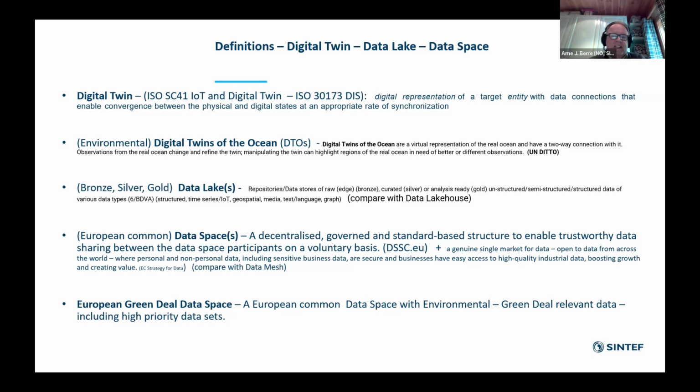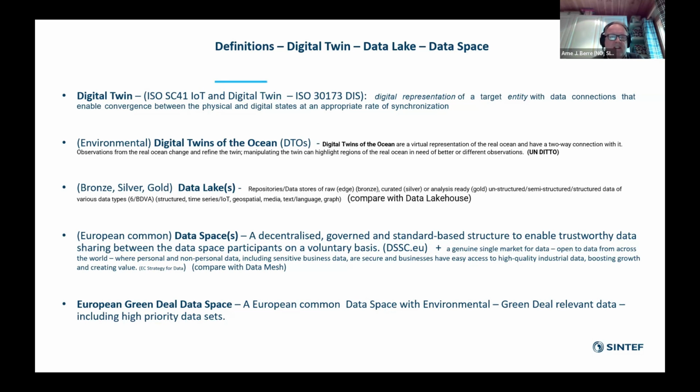We saw the data lake in the middle. And for those that have followed, say, the evolution of the concept of data lakes, might know this as the place where raw data is stored. It has lately evolved into different types or levels of data lakes, typically bronze, silver, and gold data lakes. So bronze is where we have the raw data. The silver is where data has been curated and somewhat harmonized. And the gold is where the data has become analysis ready and perhaps cloud optimized, combining the various data types